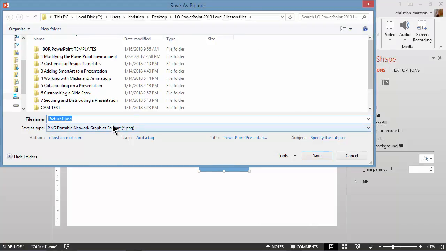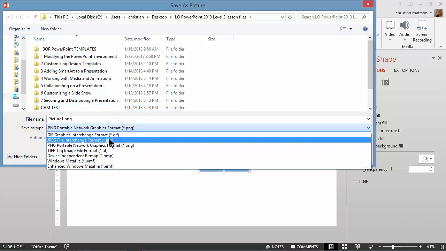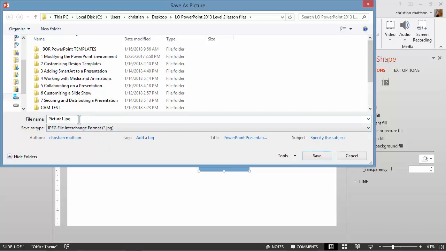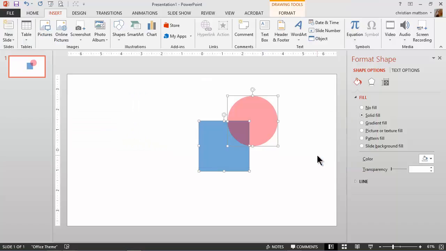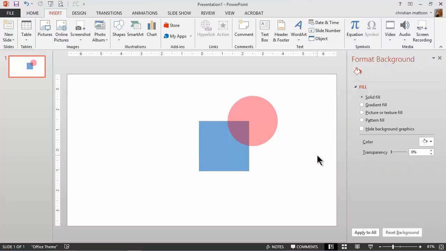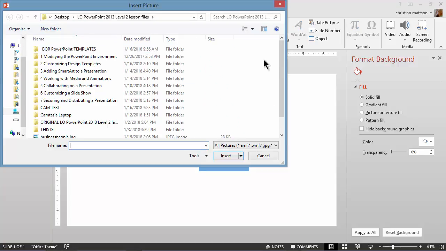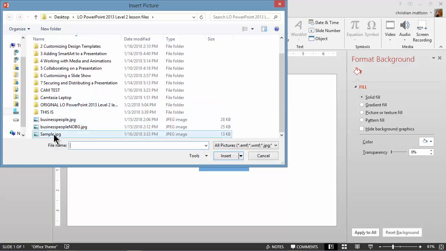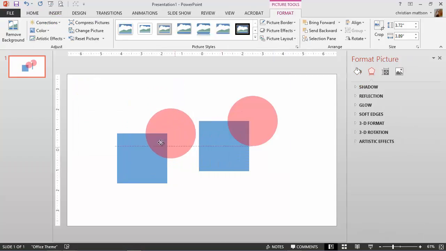I can see my Save as Picture dialog. I could save this as a PNG. I think I'm going to save it as a JPEG, and I'll give this a name. I'll call it Sample, and I'll go ahead and save it. Next, let's bring the photograph in. I'm going to come to my Insert menu, and I'm going to choose Pictures. And from my Insert Picture dialog, I'll find my photograph called Sample.jpg, and I'll click on Insert. And it just inserts that